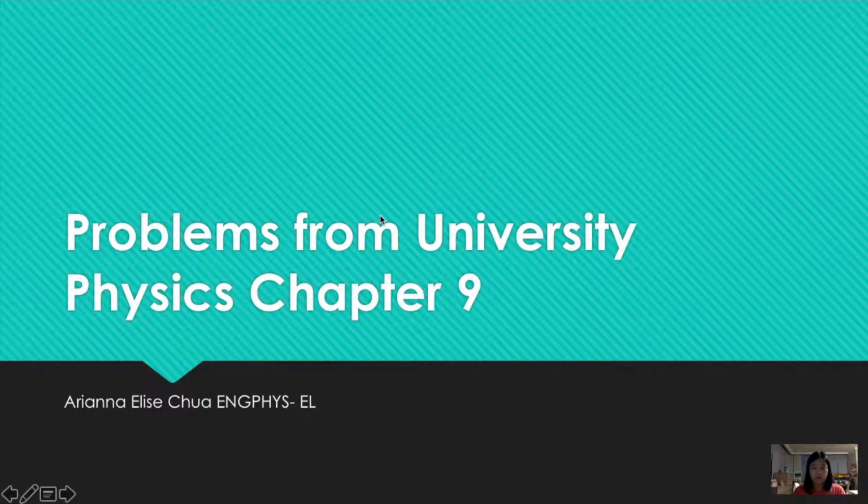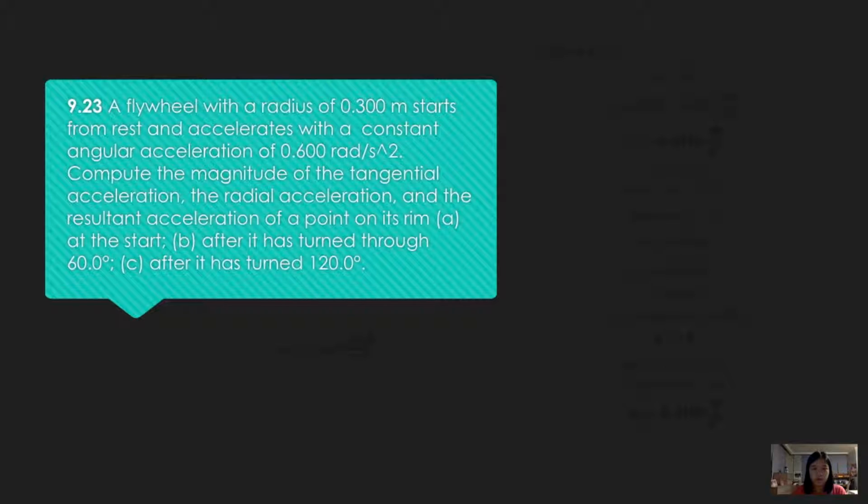Here we're going to talk about 3 problems from University Physics Chapter 9, Rotational Motion. Let's get started. 9.23, a flywheel with a radius of 0.3 meters starts from rest and accelerates with a constant